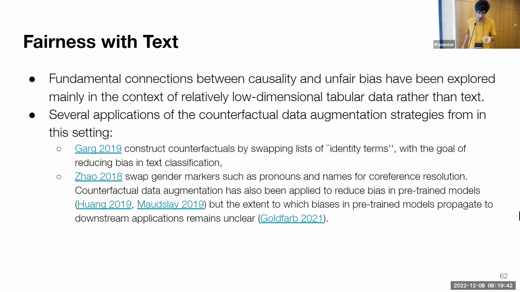All right, there are obviously some fundamental connections between fairness and causality and unfair bias, and for many obvious reasons it has been mostly studied in the low dimensional tabular data case, but there are some cases in NLP where people are gradually thinking more about this, and I invite you all to do this more. I think there's a lot of room for people from NLP thinking about how abstract concepts affect many different parts of the text and not just individual words. And again, this is a hard problem, and it needs to be studied with more care.